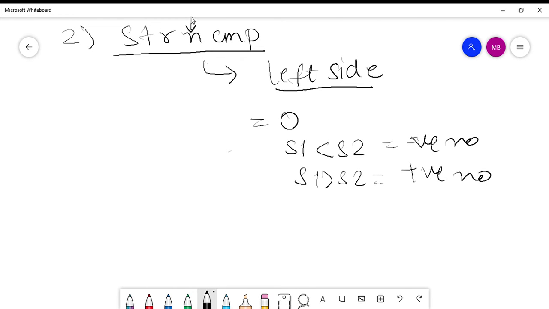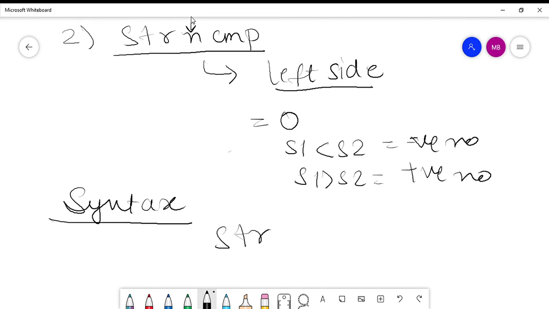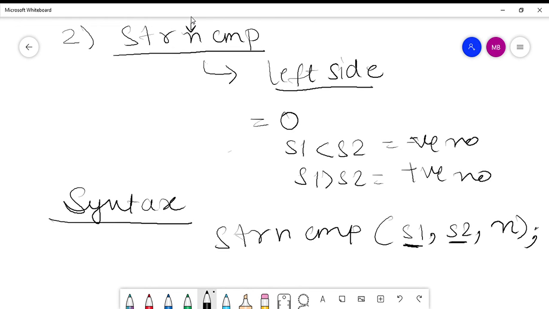Now the syntax for this is strncmp, and the source string s1, target string s2, and n the number of characters from the left side of the source string that you want to compare with the target string.